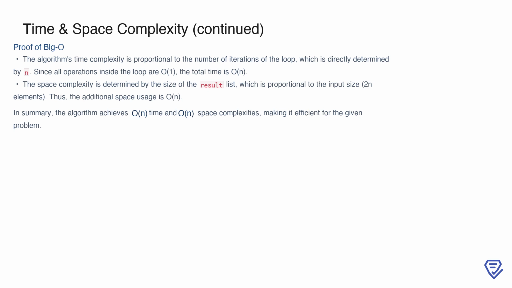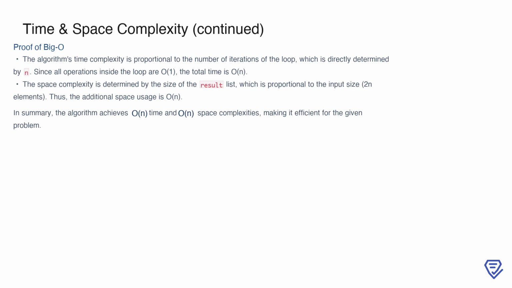The time complexity is determined by the number of iterations in the loop, which is directly proportional to n. Since each iteration involves constant time operations, the total time taken is O(n). For space complexity, the result list grows proportionally with the input size. Specifically, for an input of size 2n, the output list also contains 2n elements, resulting in additional space usage of O(n). There are no other significant memory requirements. In conclusion, the algorithm achieves O(n) time and O(n) space complexities, demonstrating that it is both efficient and well-suited for